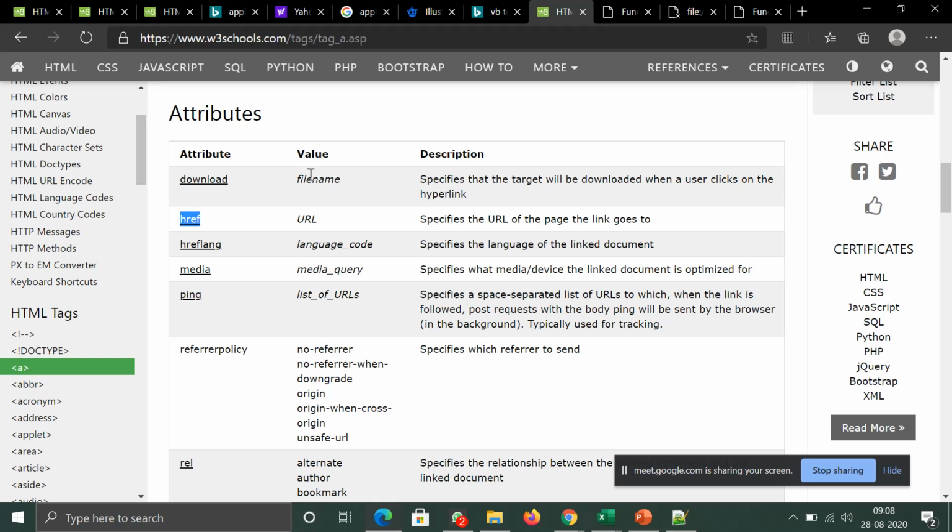Suppose once you click the link, you want to download some file, then what you can do is you specify the target that will be downloaded when the user clicks on the hyperlink. So immediately once you click that particular button, a download will appear.